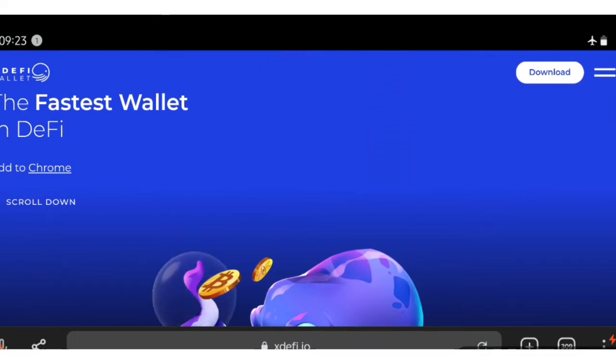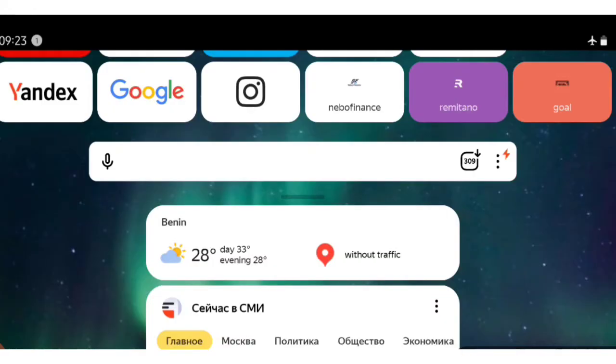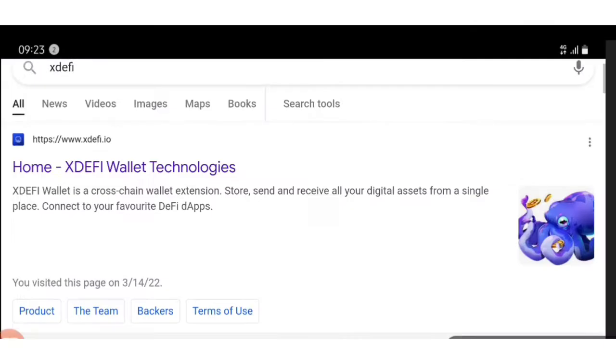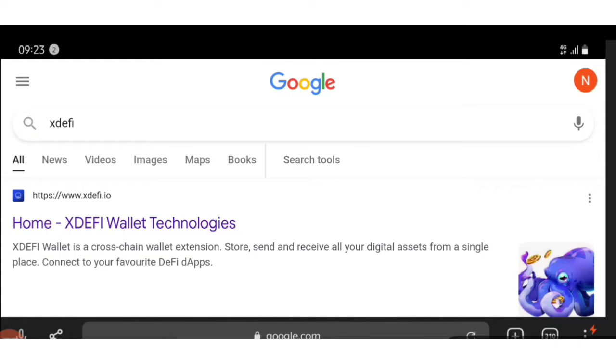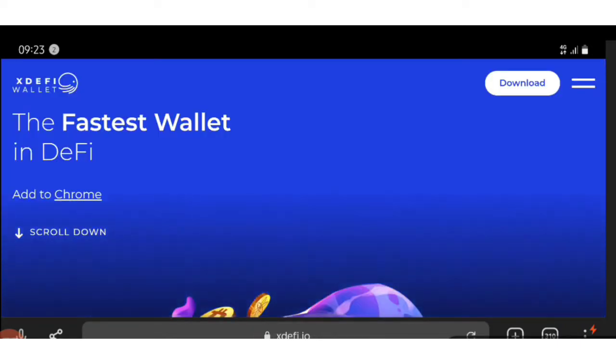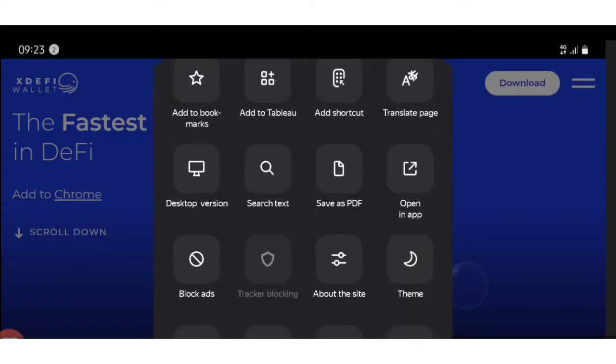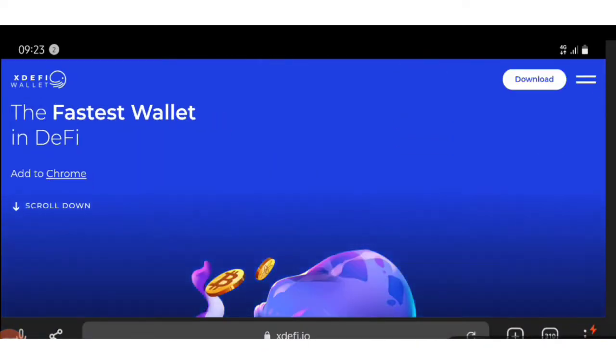Just so you get a grip of what I am doing, I have to go back again. On my address bar, I will type in Xdefi. All right, Xdefi, and hit go. This is the Xdefi homepage. Just to set things right, make sure that on your browser you are using the desktop version, because you're going to be installing a Google Chrome extension. All right, so